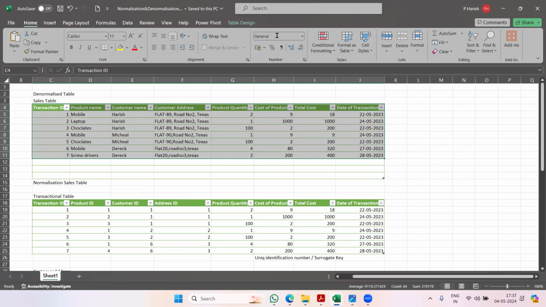Is it clear? Because I just want to make sure this normalization and denormalization is a very important topic. It's going to be traveling with us till we are doing our data analyst job. Now, if you observe one thing, here my name is getting repeated. Similarly, Michael's name is repeating, Dirk's name is repeating. Similarly, my address also,